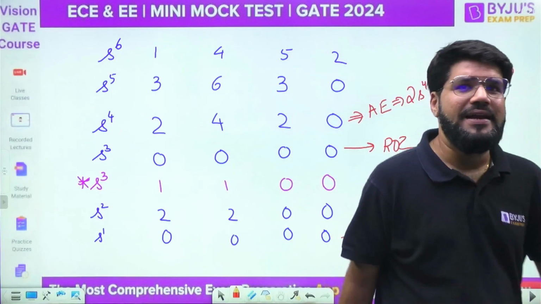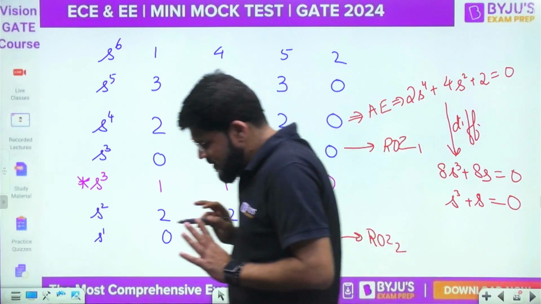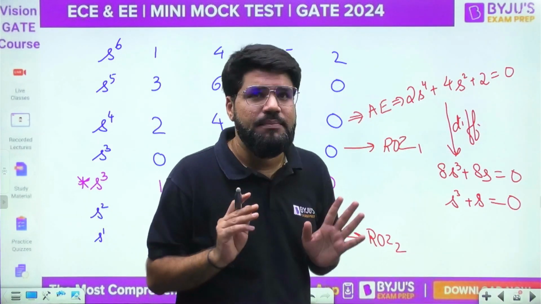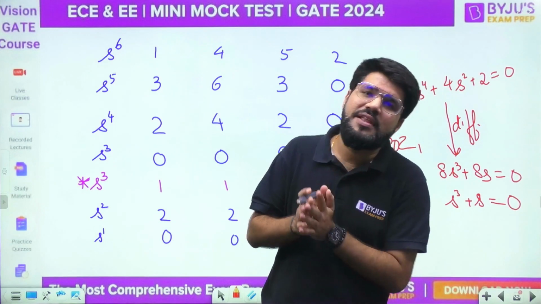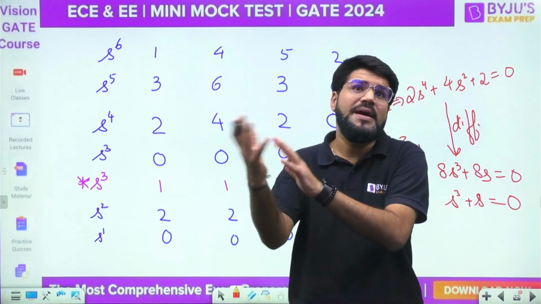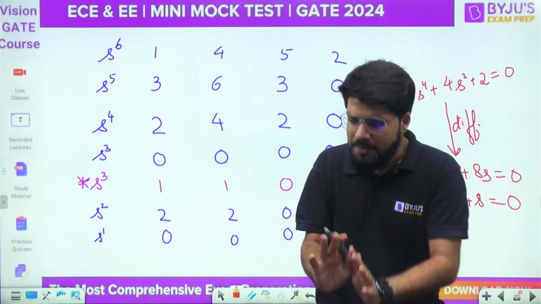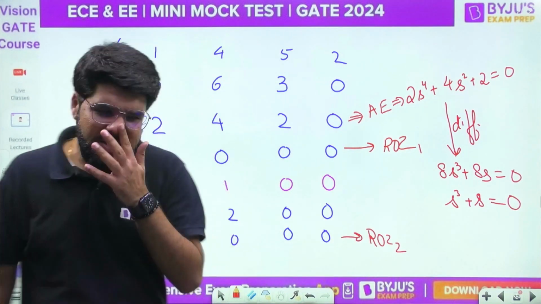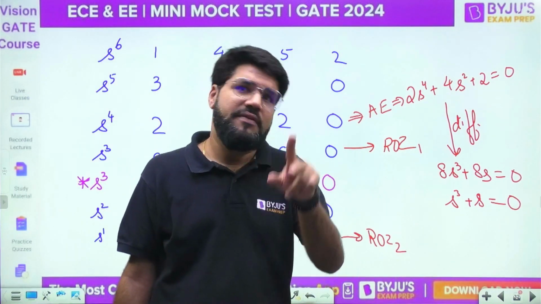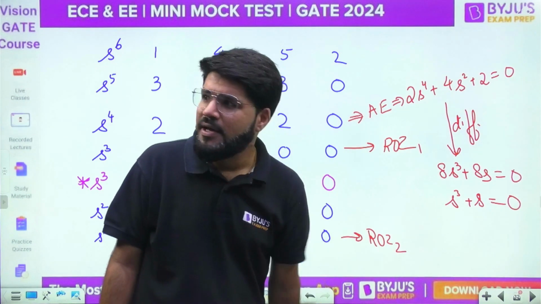So you might have got the idea. By the way, when a row of 0 comes, the system cannot be stable. Whenever there is an auxiliary equation, whenever there is a row of 0, the system cannot be stable. It may be unstable or, worst case, marginally stable, but cannot be stable at all, because either there will be RHP poles or there will be a pair of j omega poles.